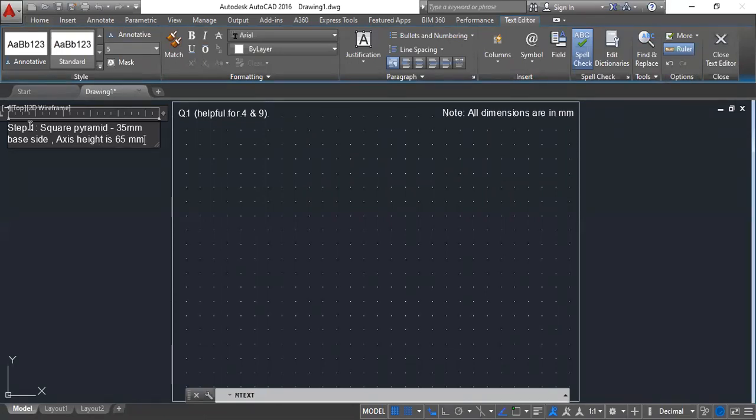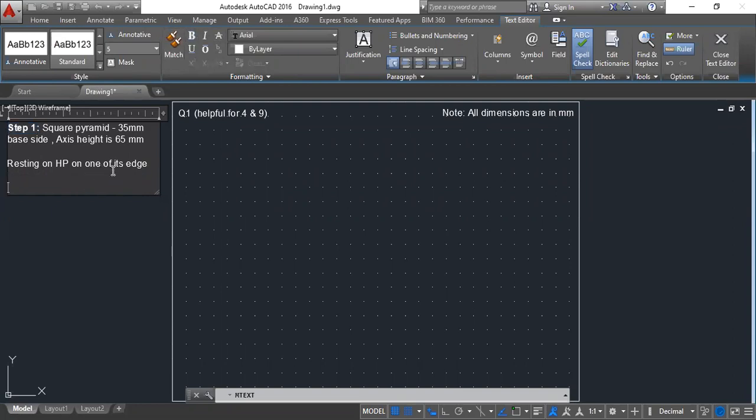This constitutes part of my step 1, not completely, and it is resting on HP on one of its edges. Here the edge is a base edge. So all this data is my step 1.